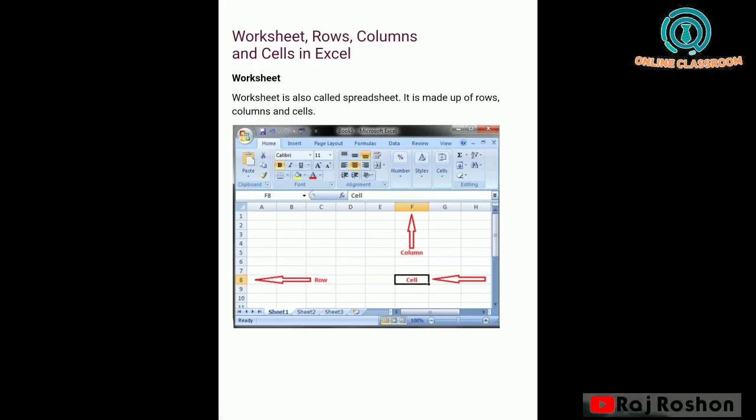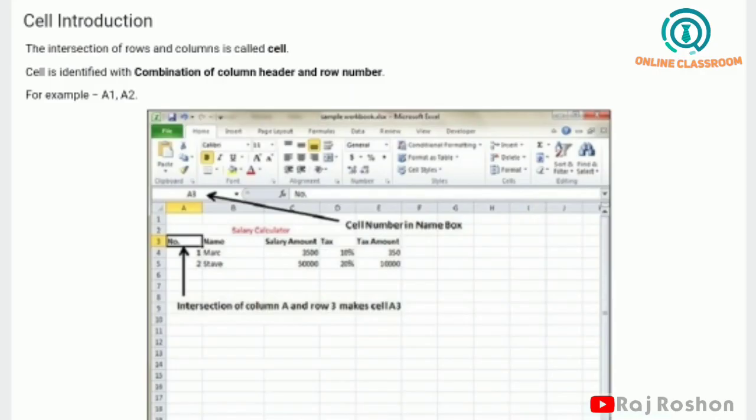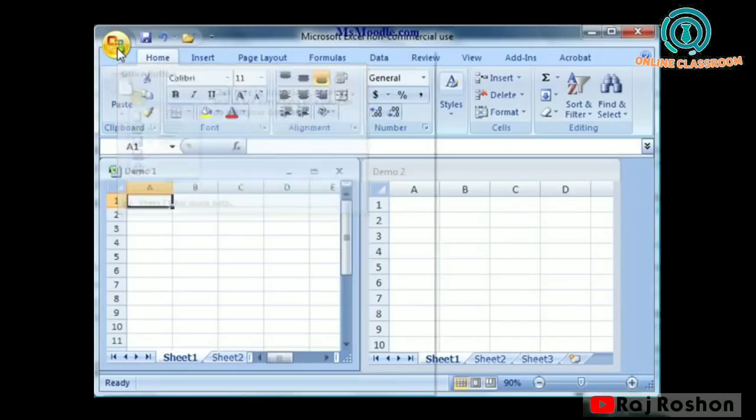So those were the components. In this diagram you can see worksheet, rows, columns. These all are the components of MS Excel. You can see in the picture which is row, which is column, and which is cell. The intersection of rows and columns is called a cell. A cell is identified with a combination of column header and row number. An example is given, you can just see.